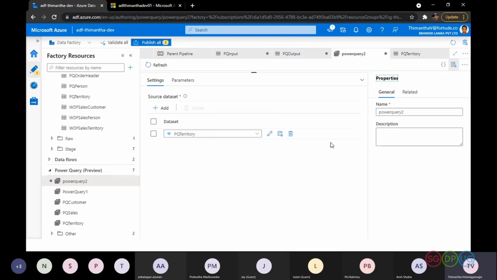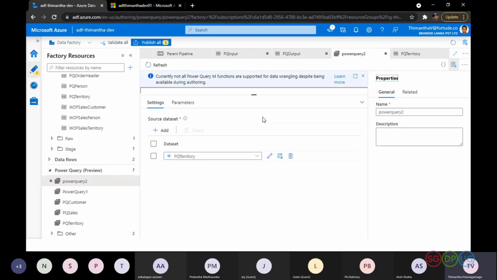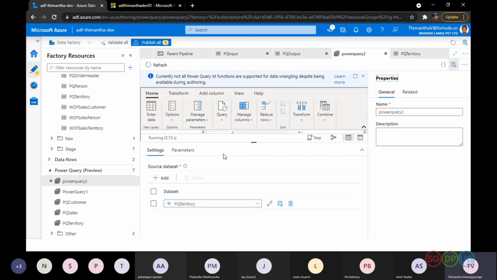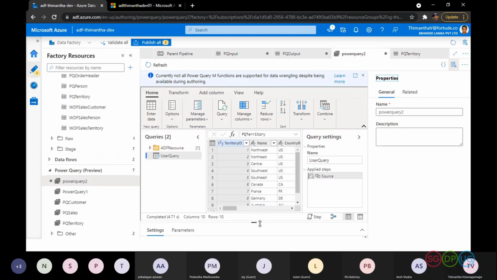And the next thing I will do is I want to click on. All right. As you can see, you should be able to see the Power Query loaded right now. I'm sorry, the data set loaded right now for territory